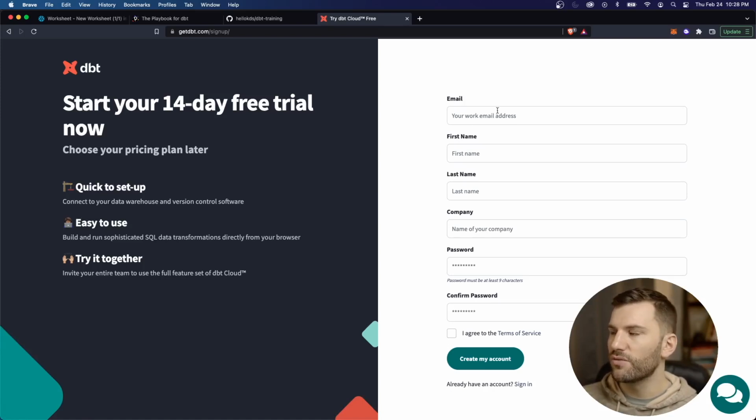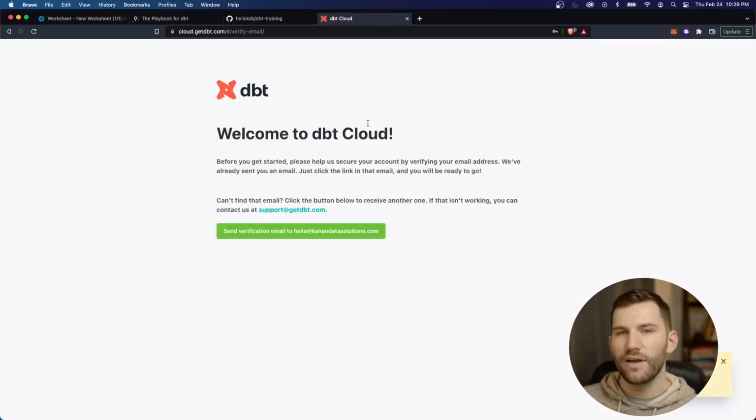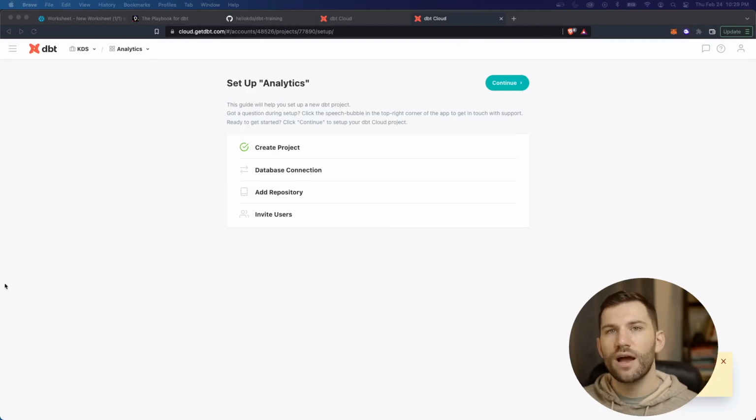What we need to do first is add our email, the standard email, company and all that, and then select Create My Account. So I'm going to pause and set that up for myself. I have this filled out, create my account. As it says, you need to verify your account, so I'll go ahead and do that. I've verified my account, and after clicking the link, it sends me to this page here, which is Setup